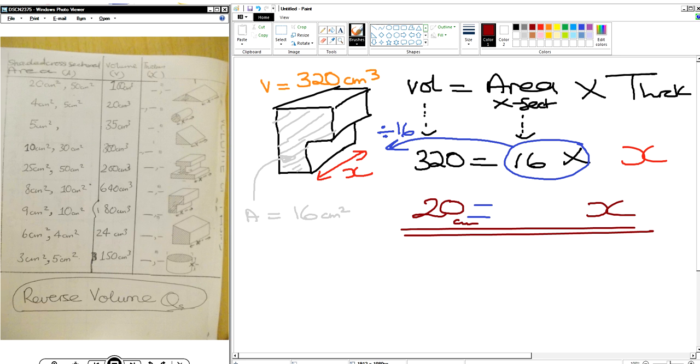Oh, okay. Yeah. Then do 9 and 180. And then last but not least, do 3 and 150. I want to see for each question the formula. I want to see your values. I want to see the rearrangement. I don't need to see a sketch. That's not necessary. So that means that everyone's in a different